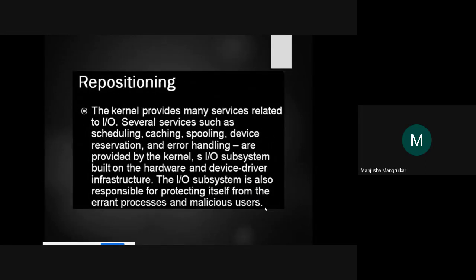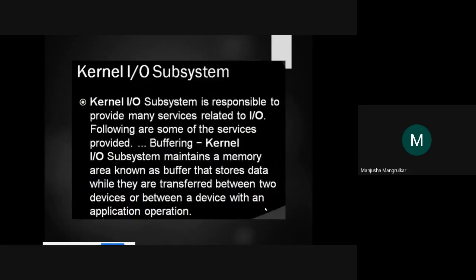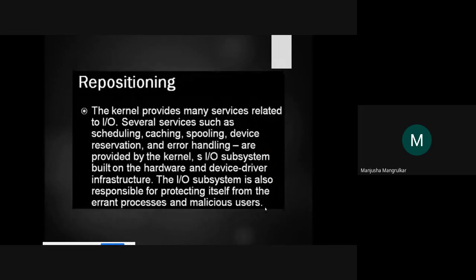So when an interrupt occurs, the kernel does scheduling, caching, spooling, device reservation, error handling, and IO protection.